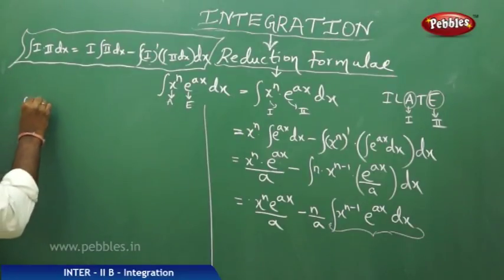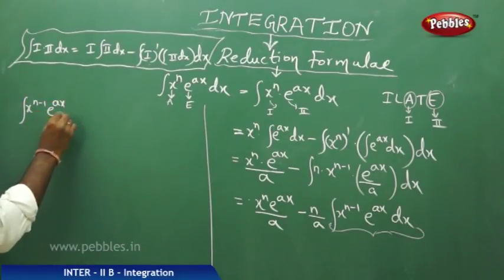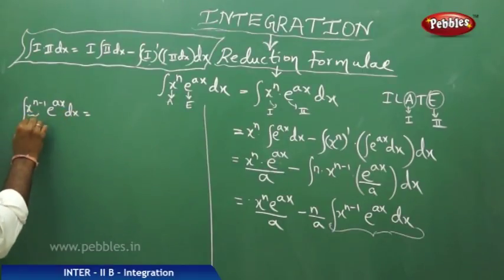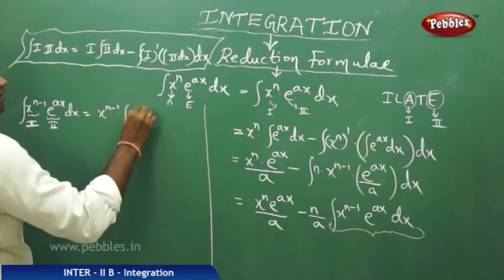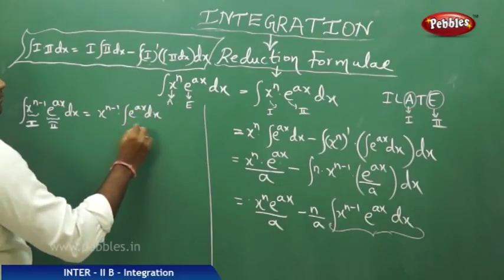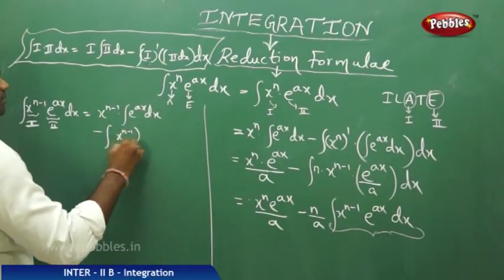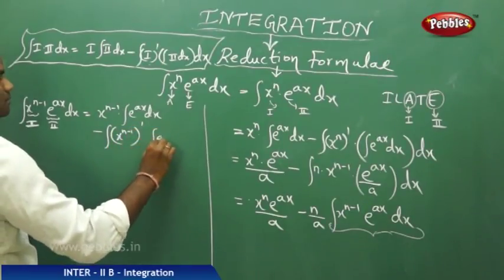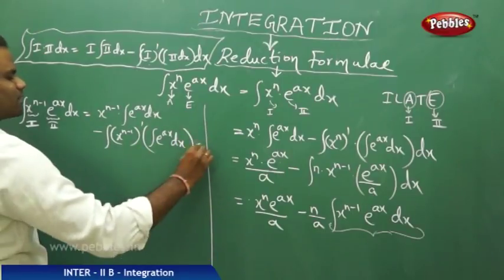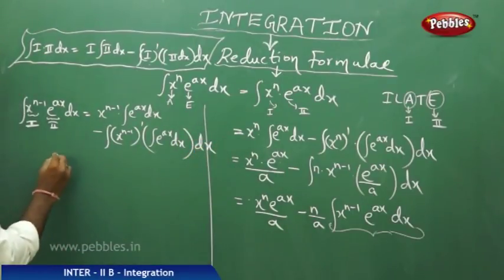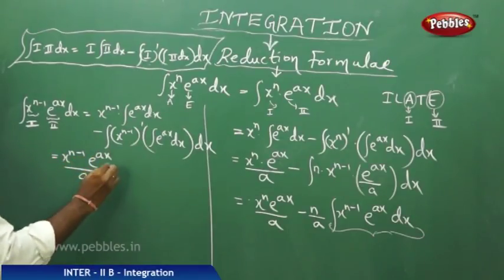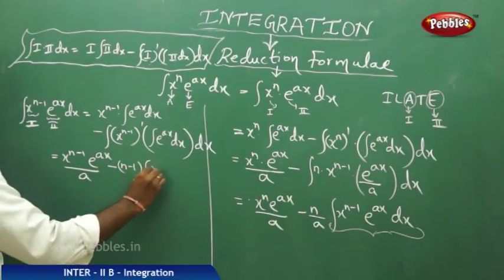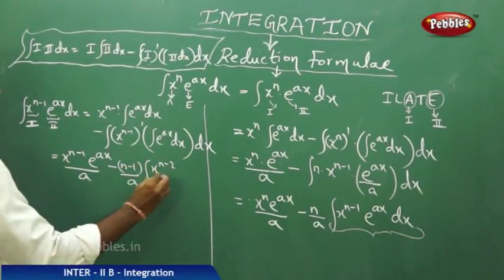Therefore, integral of x power n minus 1 e power ax dx, this being first function algebraic and this being second function, I have first into integral of second minus integral of derivative of first into integral of second dx. This would be nothing but x power n minus 1 e power ax by a minus n into x power n minus 1 by a